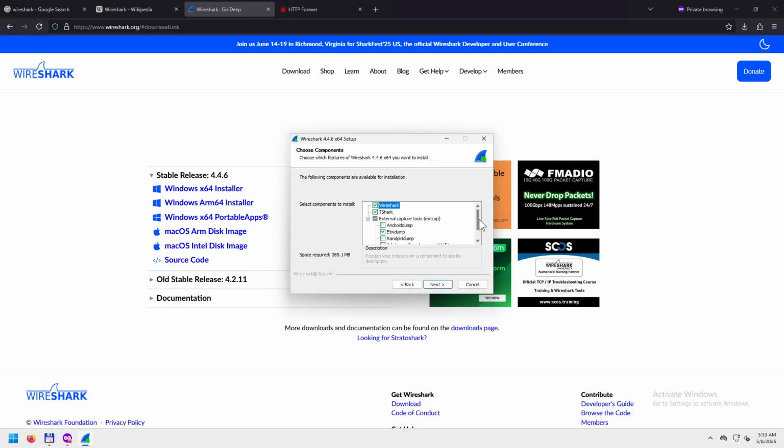these are the components that are part of the installer. Wireshark is a graphical user interface application. T-Shark is a text user interface application. You can also gather packets from network interface cards, but also from USB,